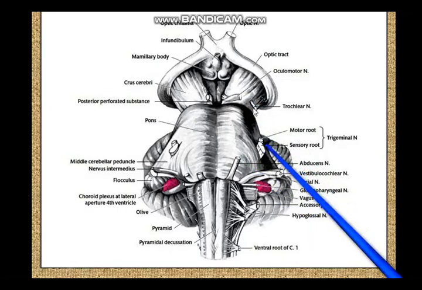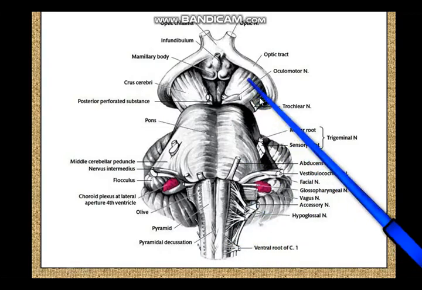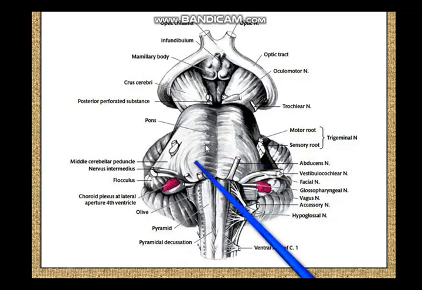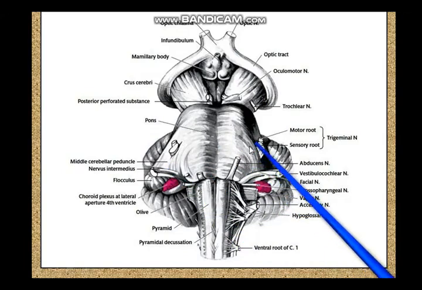Likewise, from the midbrain you have the superior cerebellar peduncle, and from the medulla the inferior cerebellar peduncle. You can see them clearly on the posterior or dorsal surface, but on the anterior surface you can see clearly the middle cerebellar peduncle, and you can make out the trigeminal nerve. So optic, oculomotor, trochlear, trigeminal nerve.